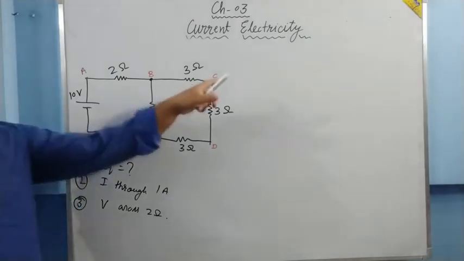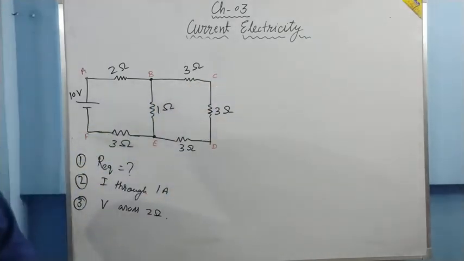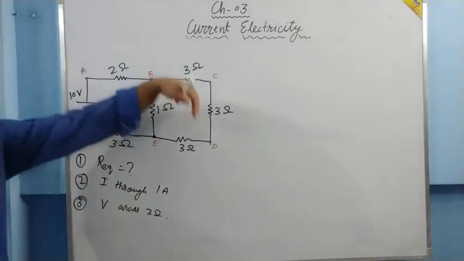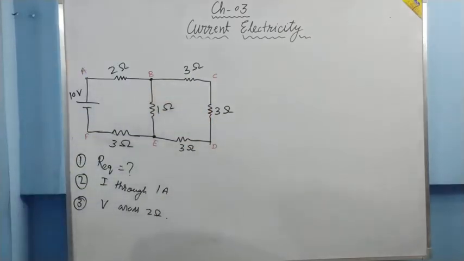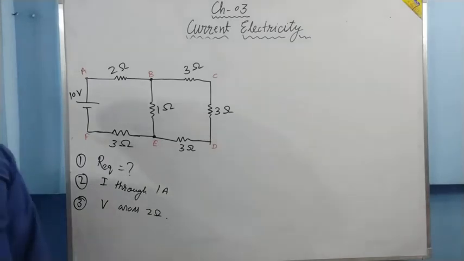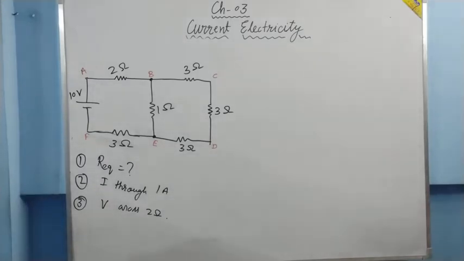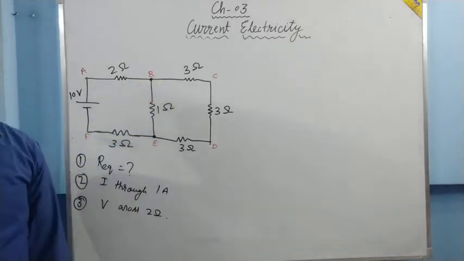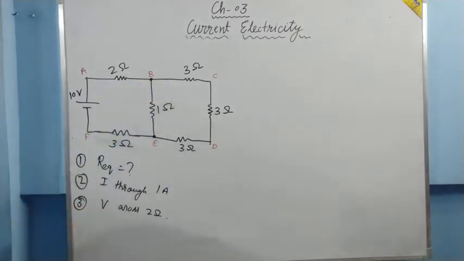Why is this C not a junction? Because it is simply a turn. Wire is taking a turn over here. Okay, no other wire is being connected. If 2 wires are connected together, it will not be a junction. Junction is when more than 2 wires, 1, 2, 3 wires. Okay, minimum 3 wires should be there.